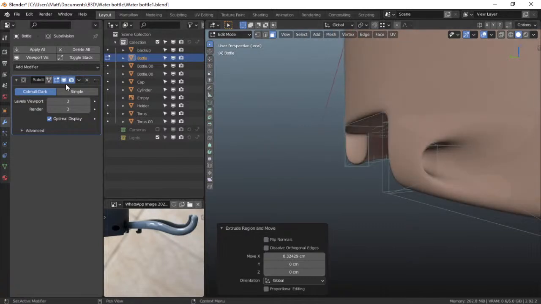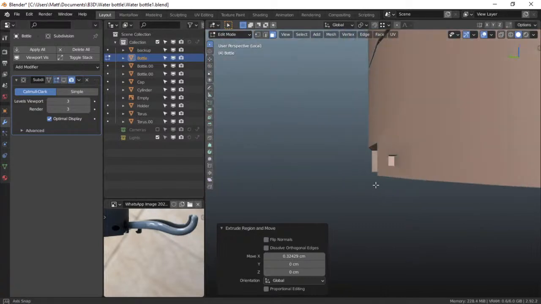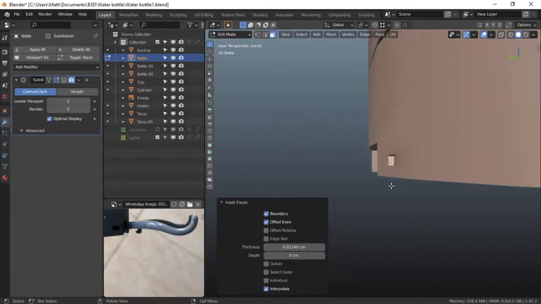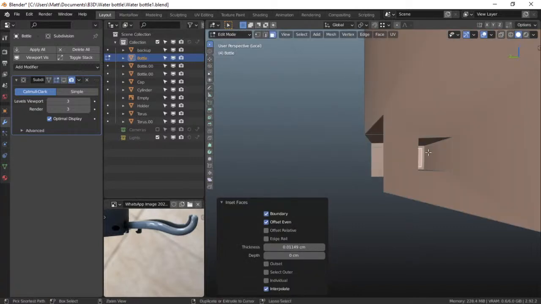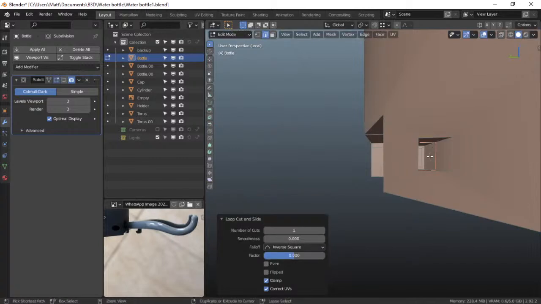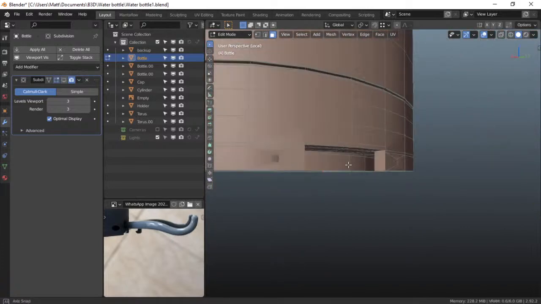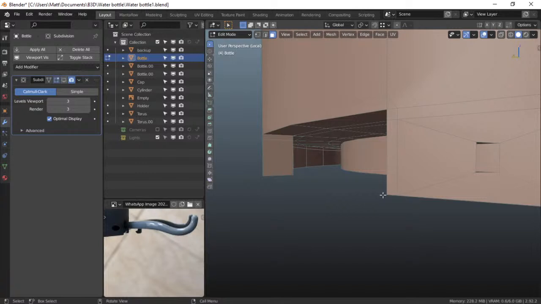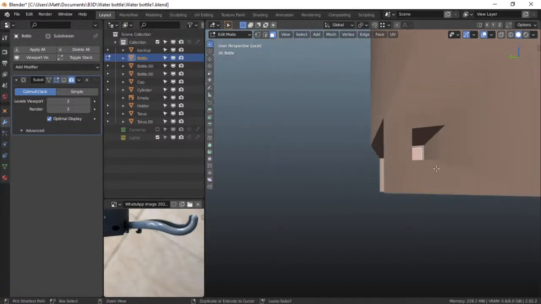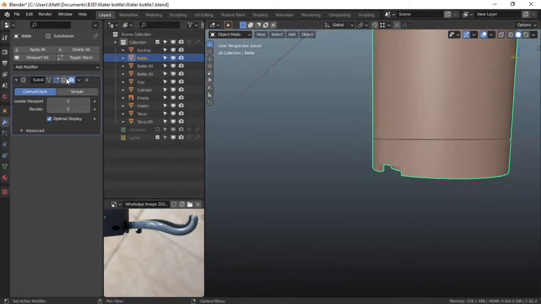If that's still selected, what we want to do is I inset, and then we want to hit R for loop cut. Well, actually, no, I don't think I have one on that side. I guess I do. Forgetting what I did already. So that's that. So if you turn that on again,